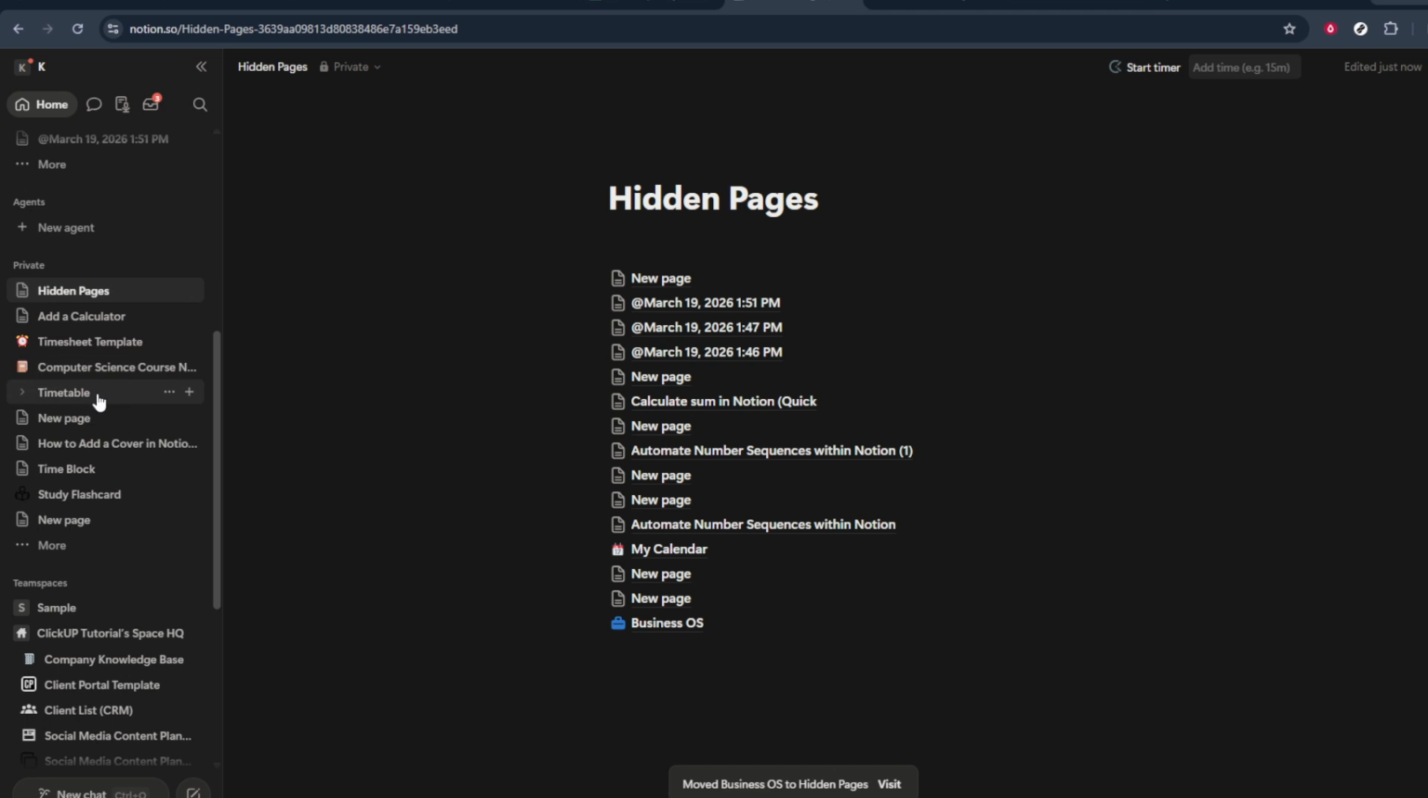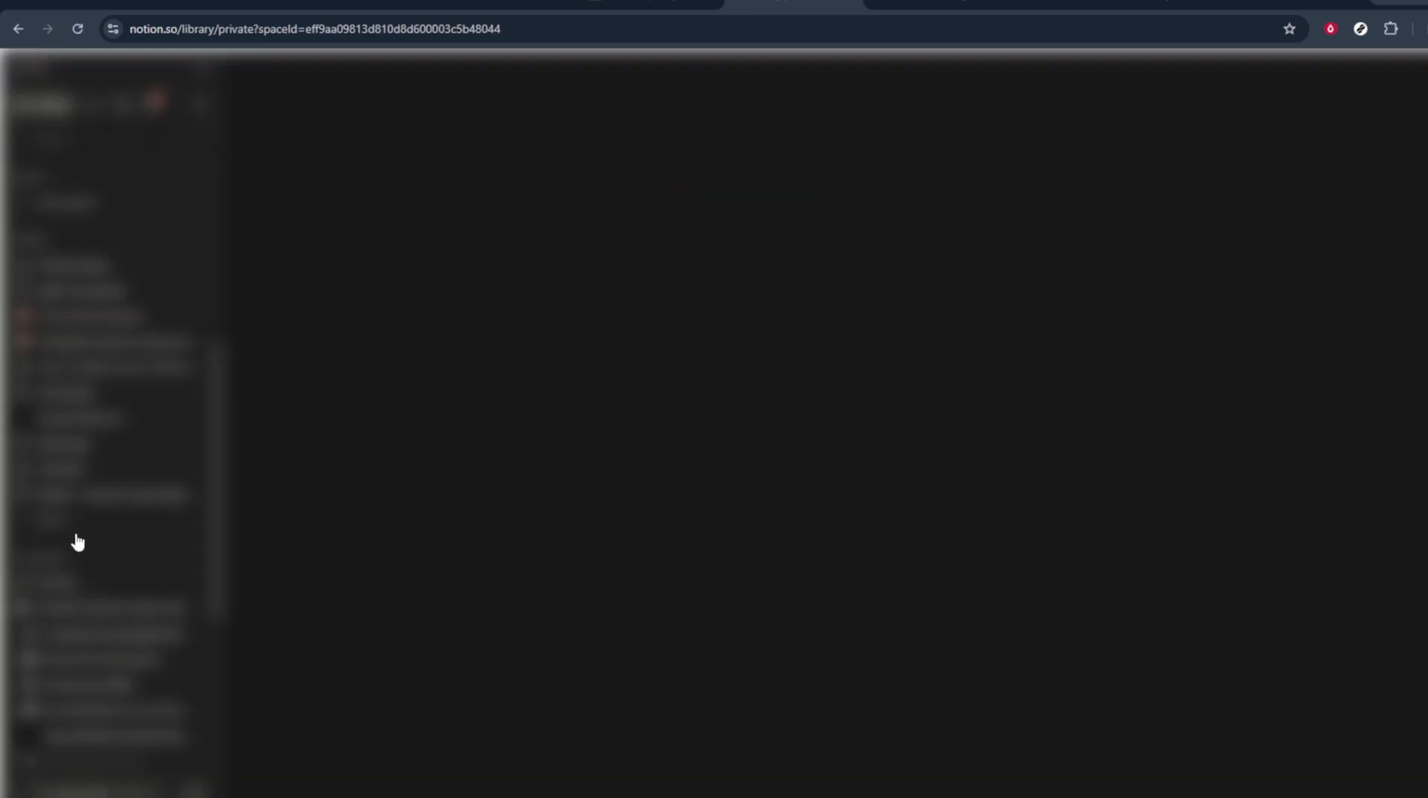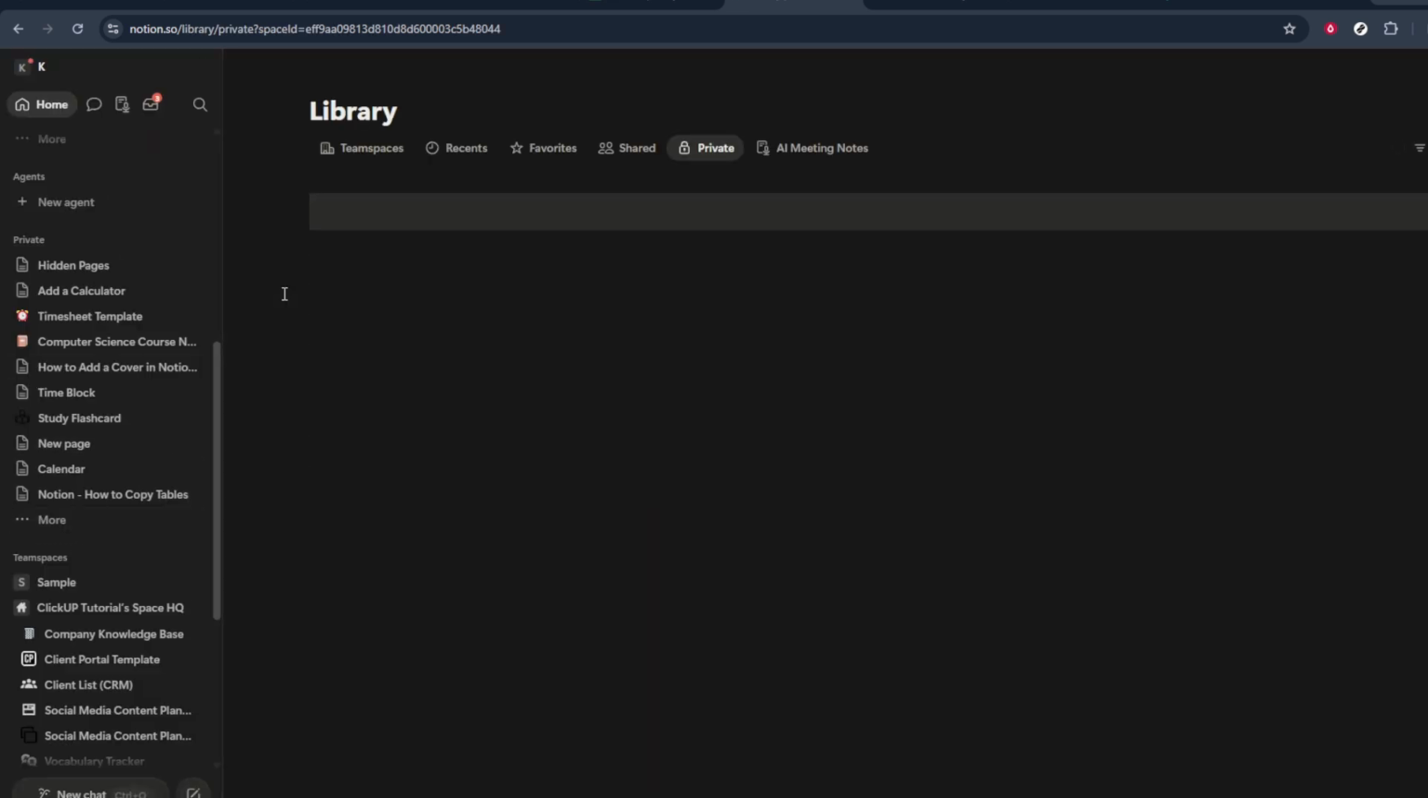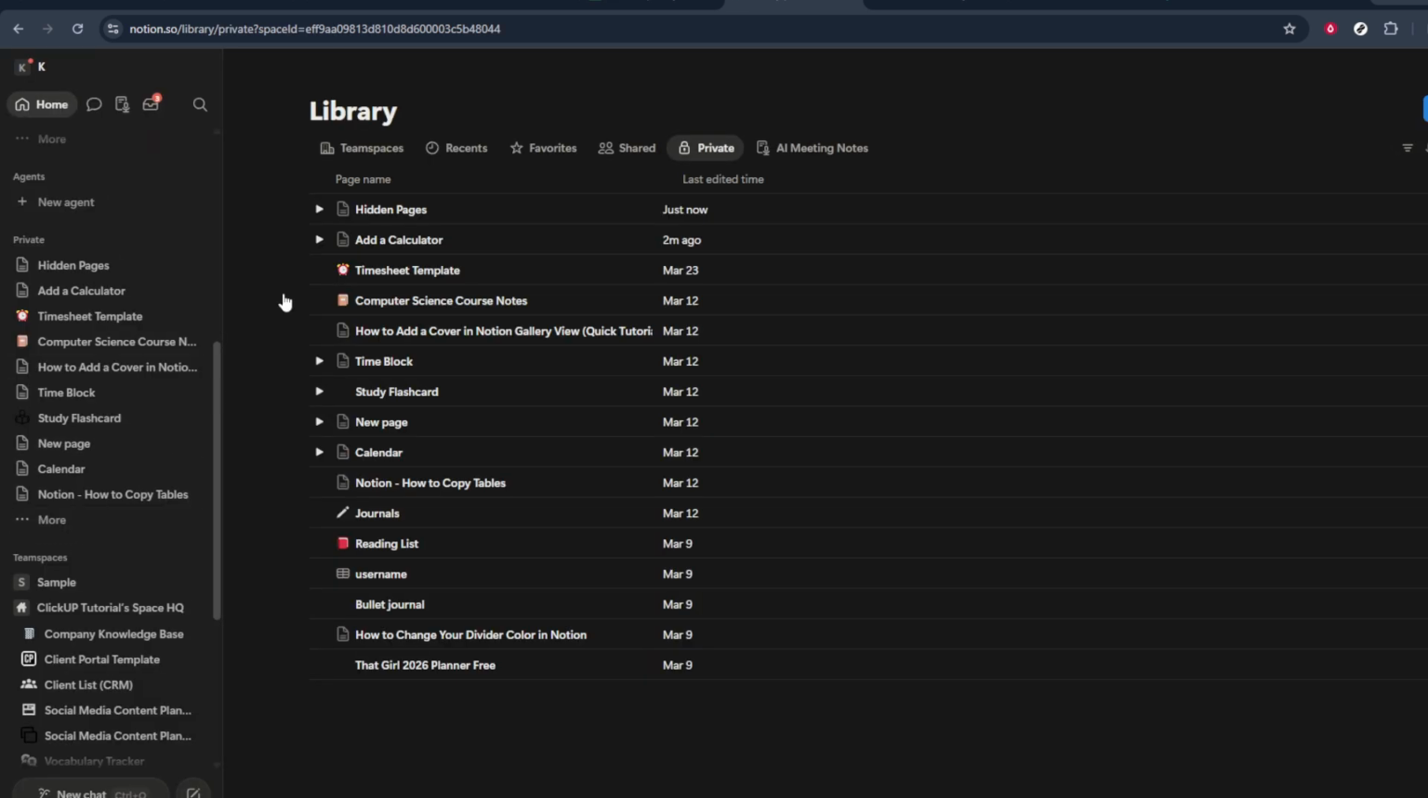That page is now nested inside your folder. It's no longer cluttering your main sidebar, but it's still fully accessible. Just click on the folder to expand it, and you'll see the page inside. You can repeat this drag and drop action for any other pages you'd like to tuck away. By grouping pages into folders like this, you effectively hide them from your everyday view without losing any of your work. It's a simple habit, but it keeps your Notion work